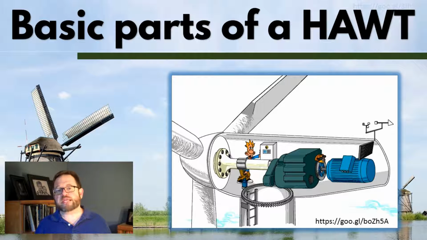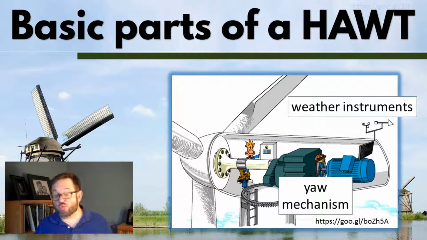Now, in the course of my reading about all of this stuff, I came across a number of different diagrams that show you what's going on inside of the nacelle, that illustrate different features of what's going on in a wind turbine. Well, they illustrate some features better than others. So let's just start with this one right here. If we were looking inside of the wind turbine here, and you can see there's a guy in there just to give you a sense of scale, one feature that I want you to notice right away is